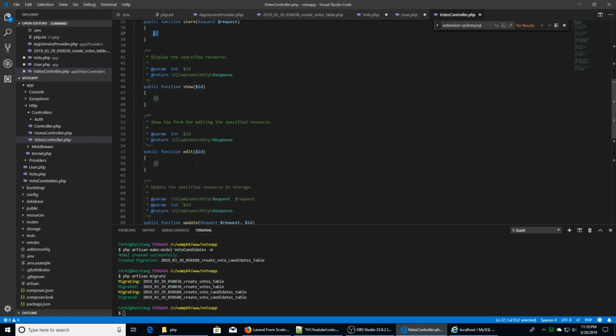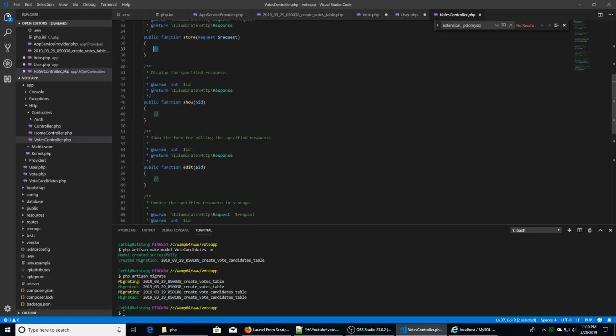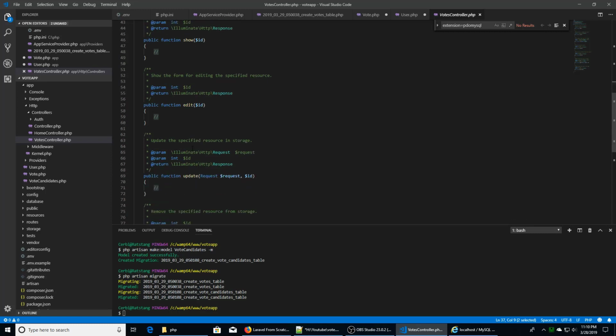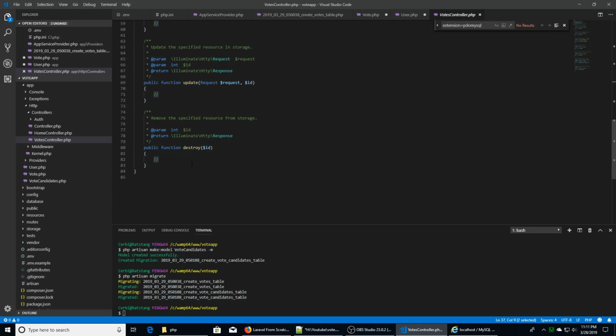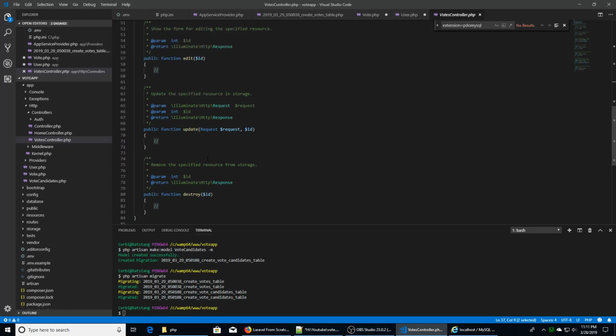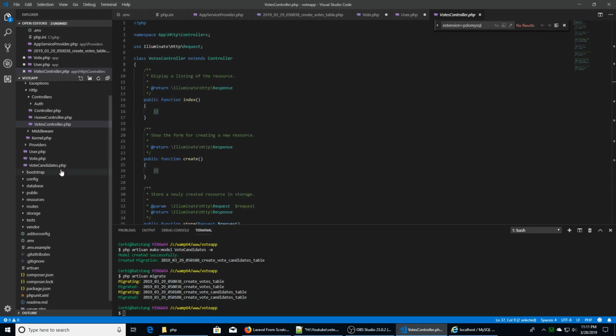And then show and edit will allow you to select one with a specific ID to either show it to a user or edit that one specifically. You also have update, which will allow you to both view and edit, and destroy, which is to delete a field from the database. But what we'll need to do so we can actually access any of this on the front end is go down to